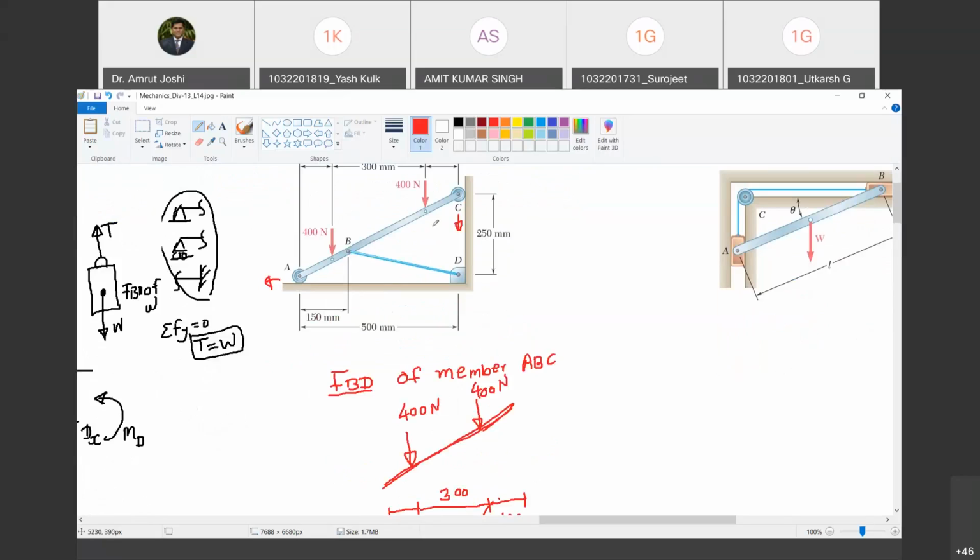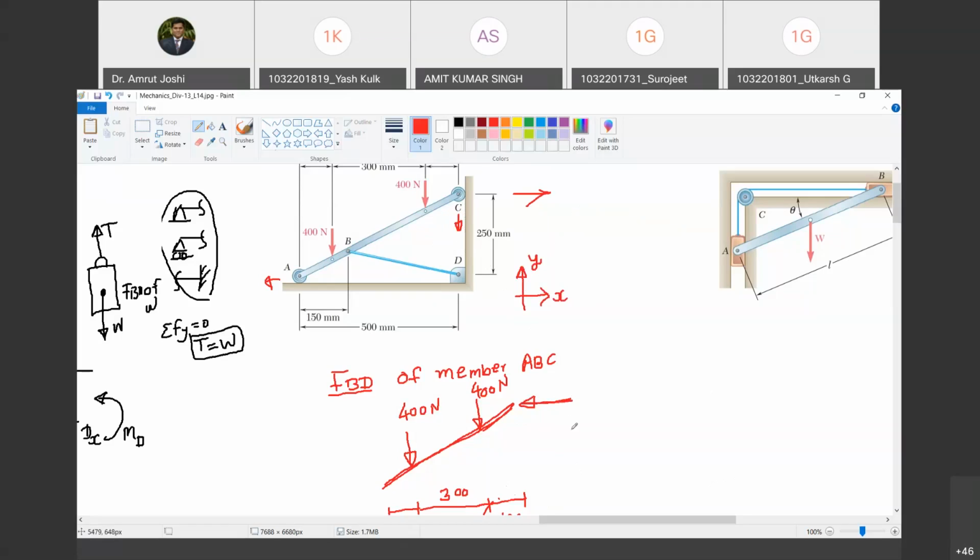Are you with me? Now, at C, what kind of support is it? It is a roller support. And it is a roller support in such a fashion that if you try to push the wheel towards right, it is not possible. Therefore, this support will be able to offer only one force reaction in this direction. Do you agree with me? Yes. So along X direction, but along negative X direction, this support can offer the reaction. Happy? If you try to pull this down and there is nothing else, only a roller support, it will be easily pulled down because there is a wheel here. Happy? Rolling friction is to be neglected.